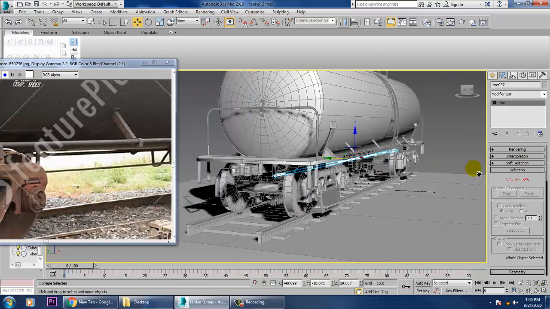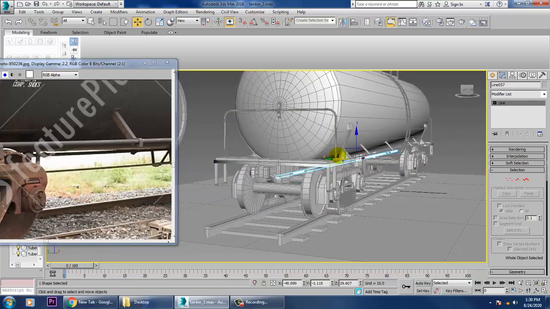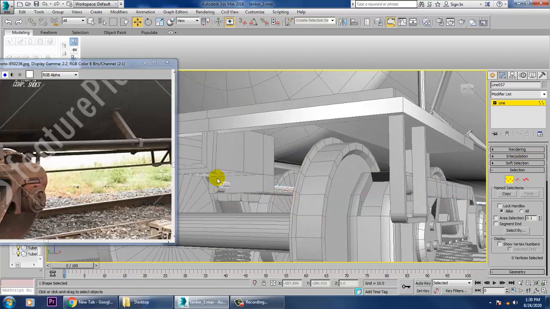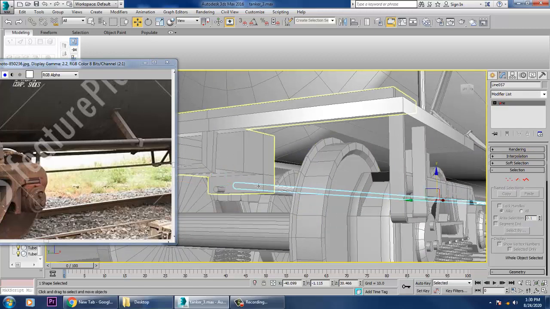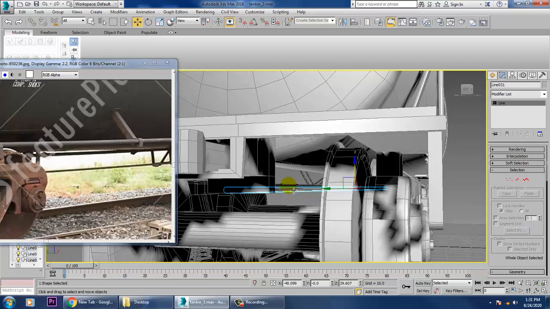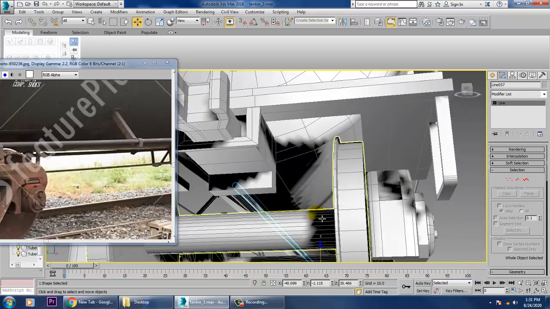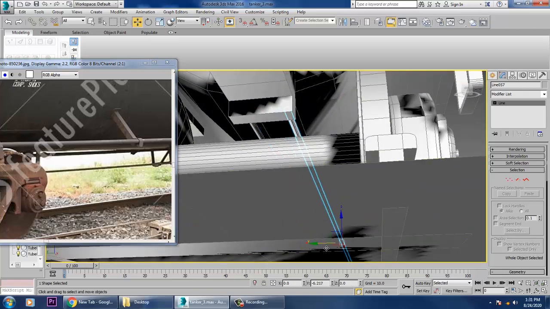Take a copy of it, push it a bit up over here, go into the vertices, push it inside, go into the vertices, push it inside, select this and shift towards the y-axis a bit